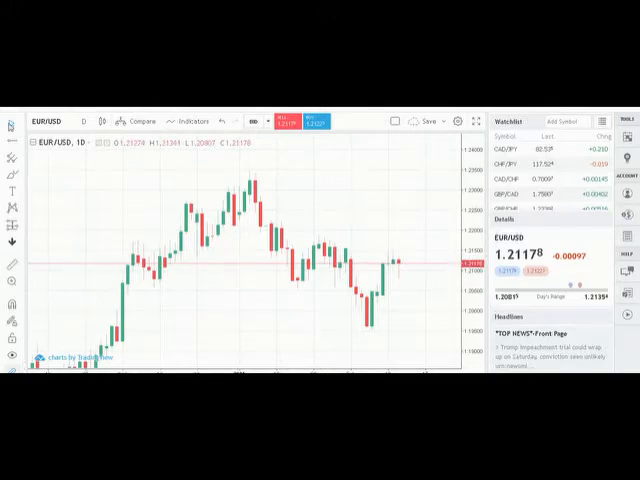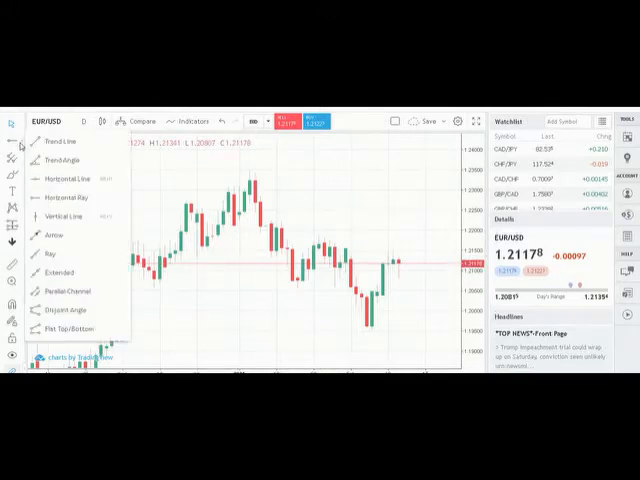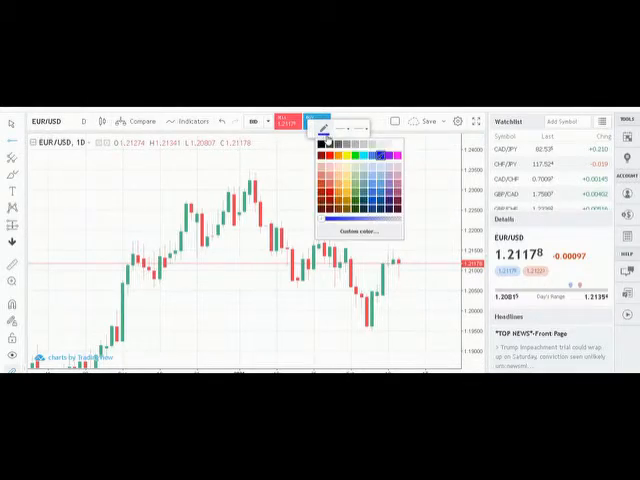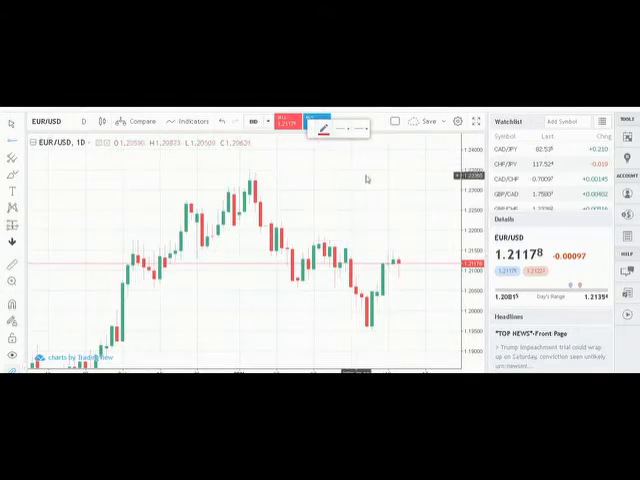So first thing you want to do is go down to this little second area right here, click to the right and scroll down. It'll be the fourth one down, horizontal ray tools. Click on it. As you can see, I have a blue color right here for the line. We'll just click on it because I like my resistance area to be red. Click on it, and then we'll just do that. We'll just move it over to the left, and we'll set it